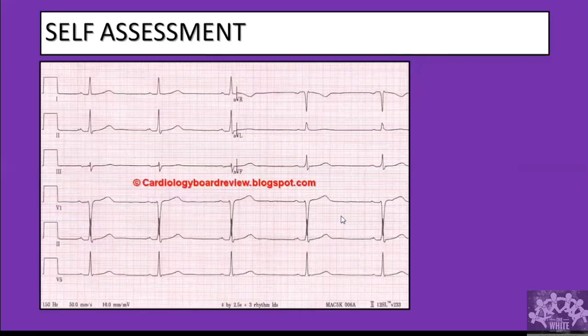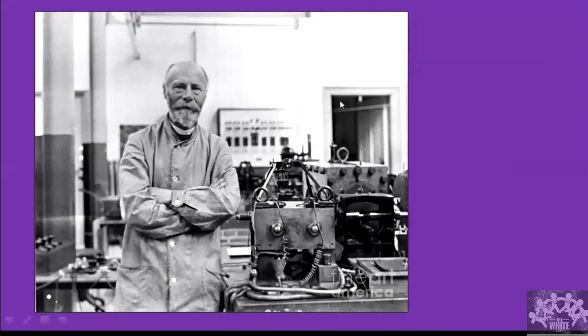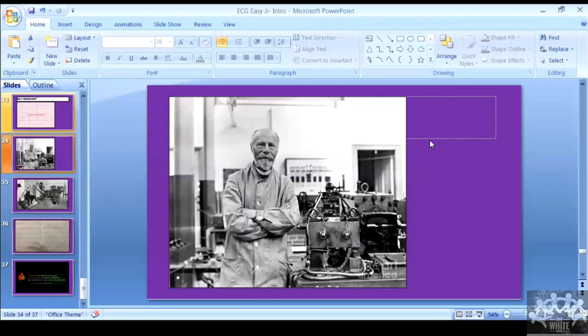Right. So, can you identify who this person is? I'll keep it like this so that I'll be able to see the screen easier. Can you tell me, is the RR interval seen only in V5? No, it's seen in all the leads. RR interval means one R wave to the other R wave. You will have an R wave in every lead, no? Most commonly we take it in lead 2. Yes, good.